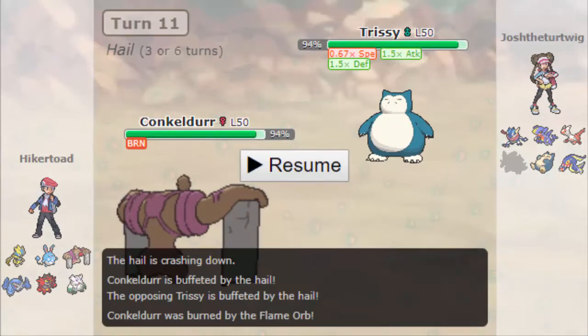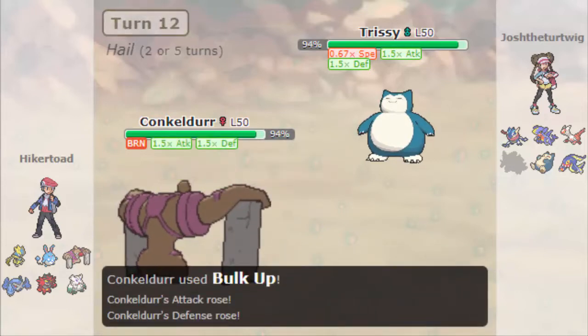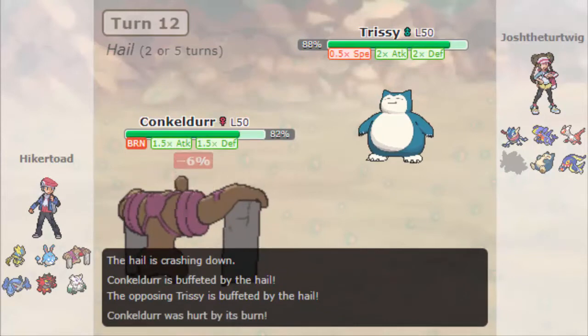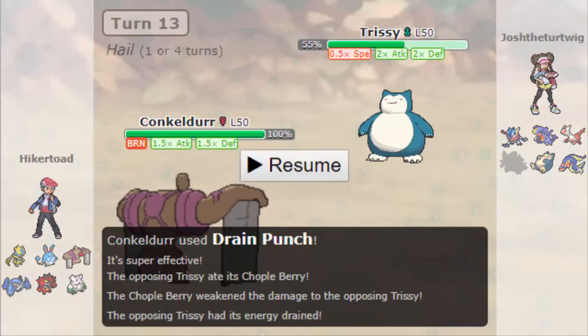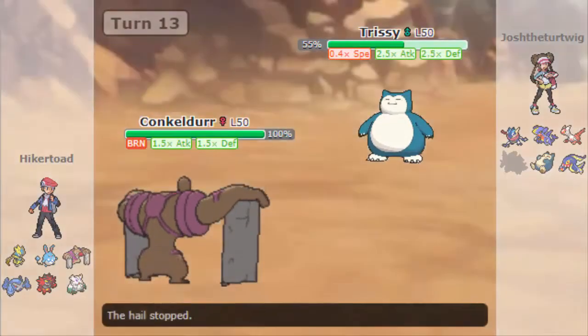The main thing I risked was really just taking a Paralyze. If he went for the Body Slam and I got paralyzed, that'd be definitely very annoying. But he's just going to go for the Curse, trying to capitalize on an Incineroar sack, as he's going to Curse, as I'm going to bulk up, as now I can just fire off a Drain Punch. He won't really do much to me, as he is Chople Berry, so my damage does get weakened, but that doesn't really matter because I can take any sort of hit from this, as he decides to Curse once again,